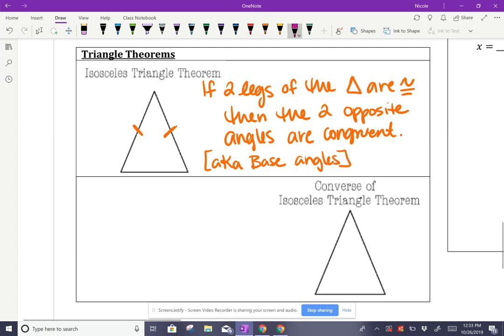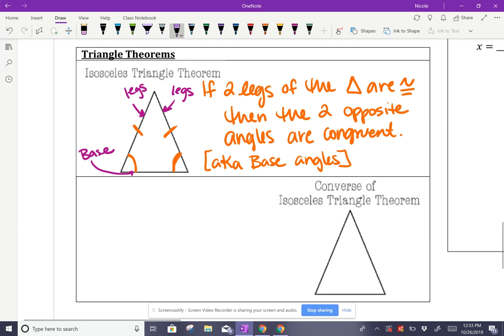So what this is telling me, we have this side and this side. We refer to these as legs. And then the bottom side is called the base. And if my two legs are congruent, then the two angles across from said legs or attached to the base are now congruent. The converse